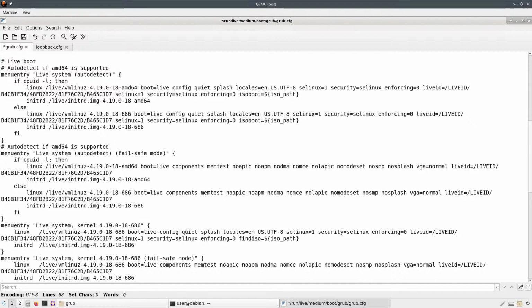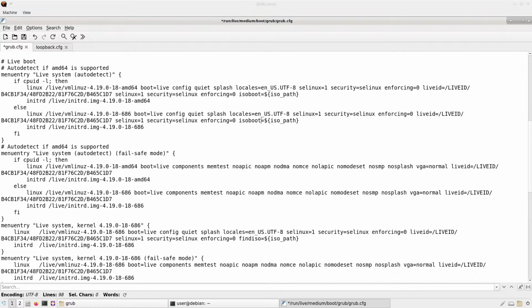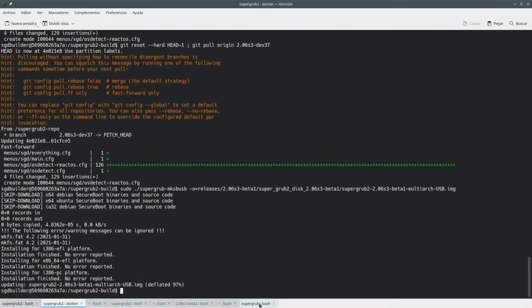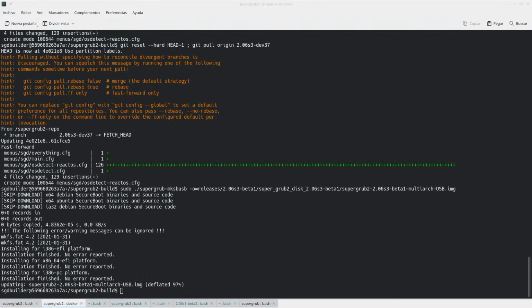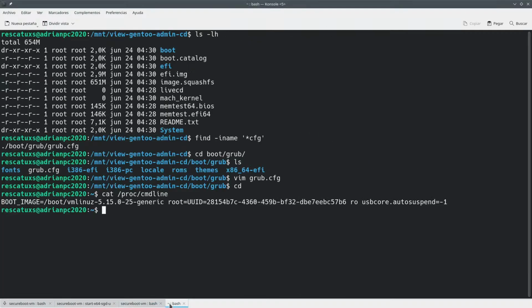So basically, on this thing here that we have, let's try to open this real quick.